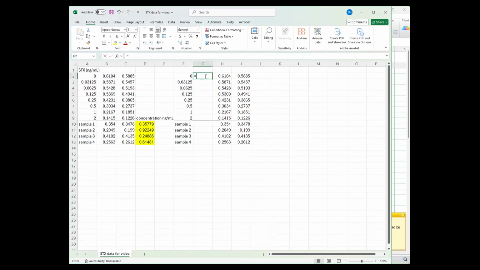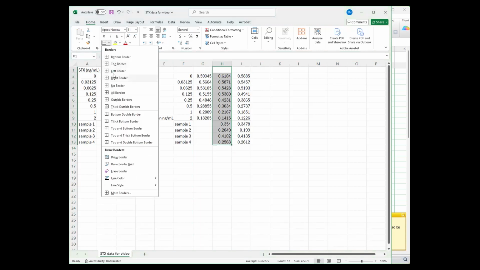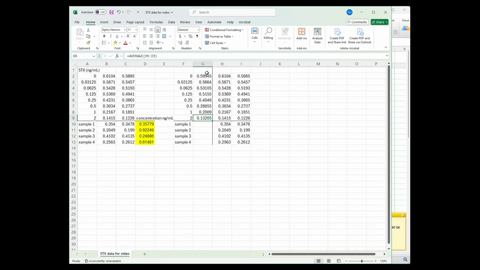So I'm going to make a little space here, do average optical density for each value that we can then graph. And we will plot this